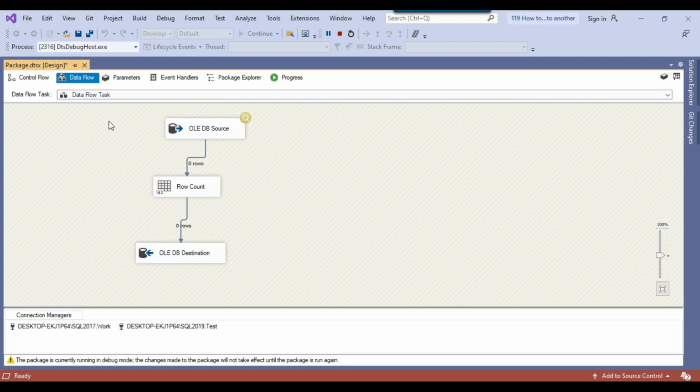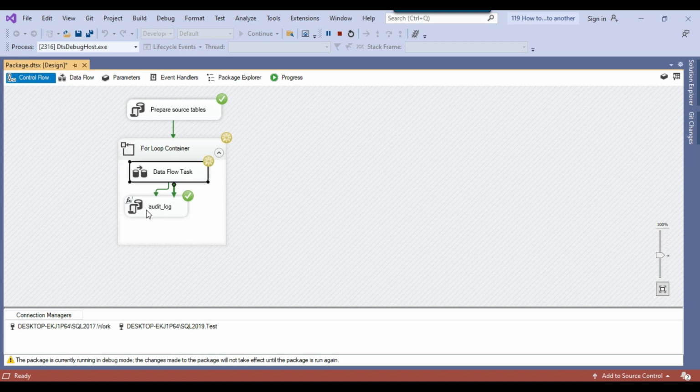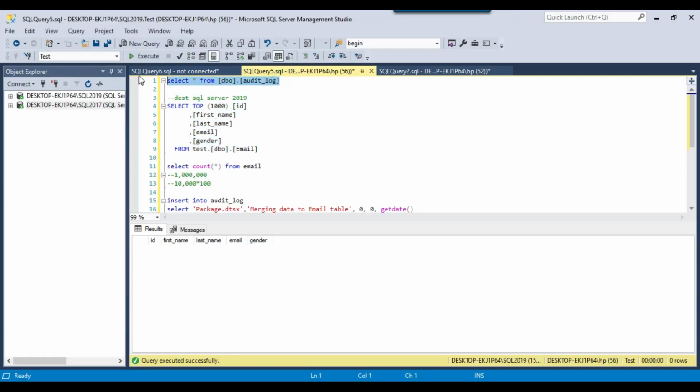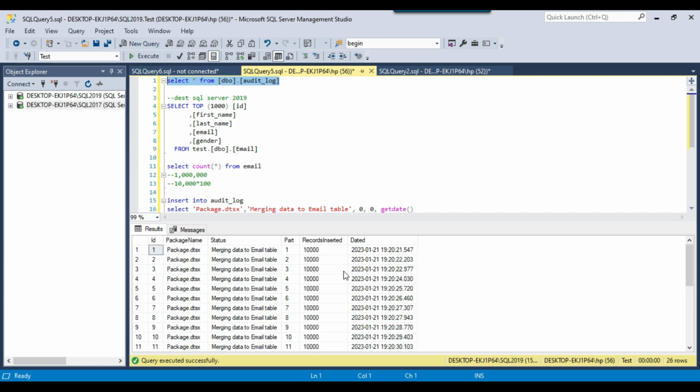After every insertion, it is inserting the data into the audit log table, like how many records have been moved and how many parts of data have been moved. If I go back to SQL Server and check the data inside the audit log, you can see the data here. So far it has moved 28 parts, 30 parts, 31 parts, 32 parts. This is how it is going. In every part it is inserting 10,000 records, and you can also see the time here, the package name and the status. So this is how it will work, 39,